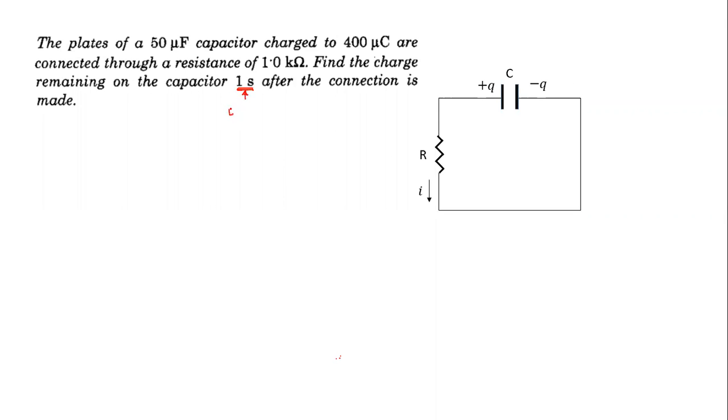Is it large compared to tau? Is it comparable or much larger compared to tau? Whenever we have to find charge, let's understand how this time compares to the time constant. So first, let me get a sense of what the time constant for the circuit is. Then I think whether charge transfer in 1 second will be very large or small. What is the time constant in the circuit here? 50 milliseconds. If the time constant is 50 milliseconds, 1 second is how many time constants elapsed? So many time constants. If many time constants have elapsed, what will be the charge here? Will it be large or close to 0?